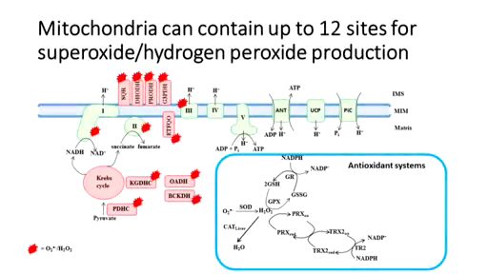Mitochondria can contain up to 12 different superoxide hydrogen peroxide forming sites, which have been identified using different substrate and inhibitor combinations with isolated mitochondria. However, some difficulties still remain in regard to accurately quantifying the release capacity of individual sites of production in isolated